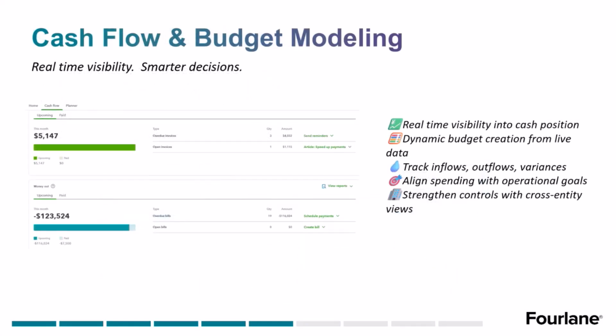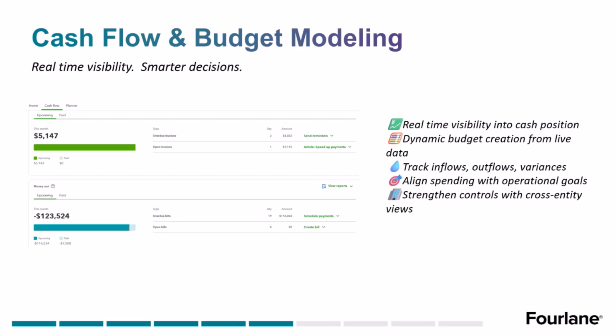So we just looked at the cash flow. So instead of exporting reports, creating spreadsheets, and updating numbers at month end, right? We can just go in here and it's already pulled from our data. The problem before is that those reports are very time consuming. And by the time you get those created, they're out of date. With IES, it changes this by giving you real-time visibility into your organization's cash position across all the entities. You can instantly see where your cash is sitting, how it's moving, and what's driving the changes, whether that's receivables,